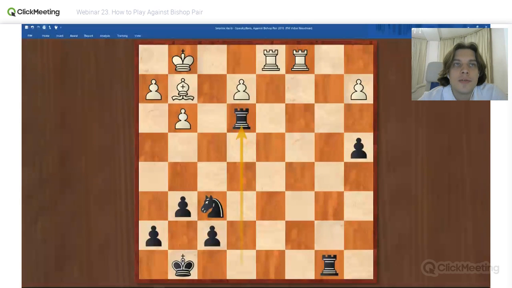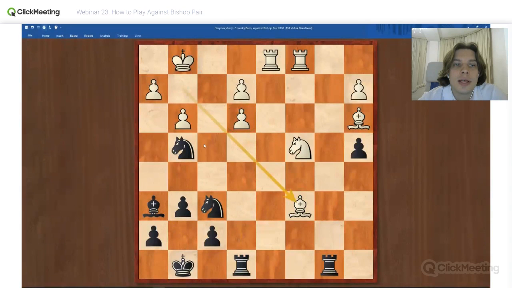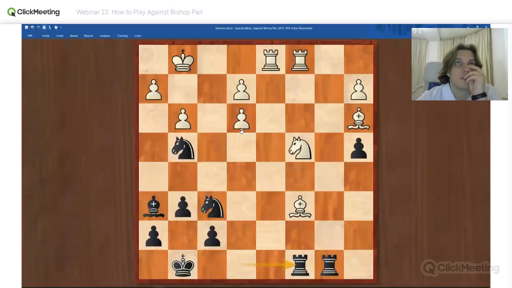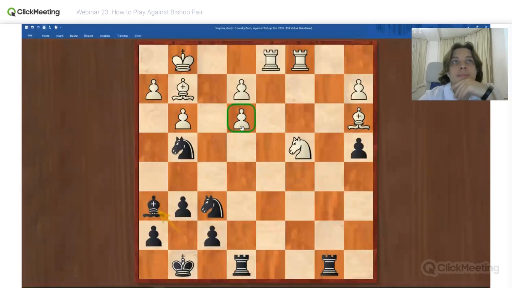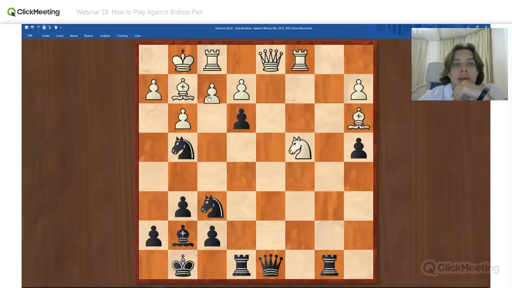If not bishop c5, what else can he play? Maybe bishop c6 or something like that. Then rook ec8, and then we take on e3. So anyway, this is how we can activate the bishop, by just sacrificing the pawn. That's why f3 here. Knight f2.